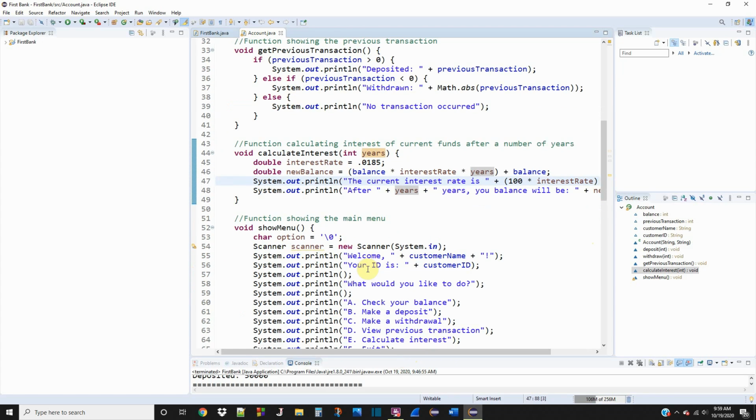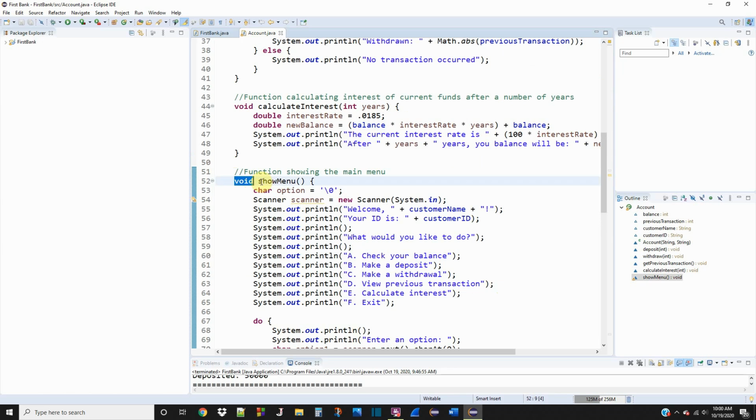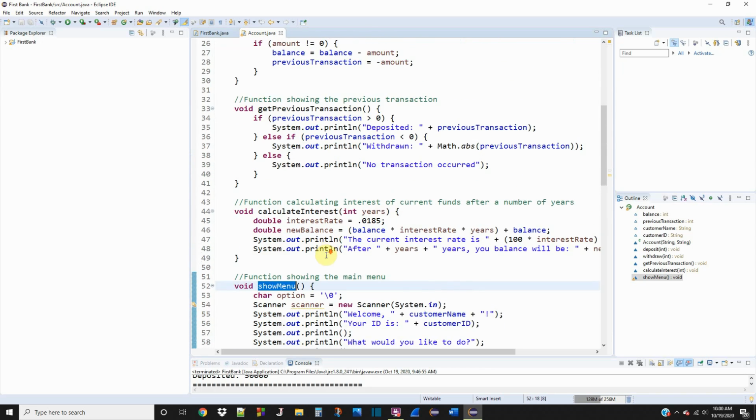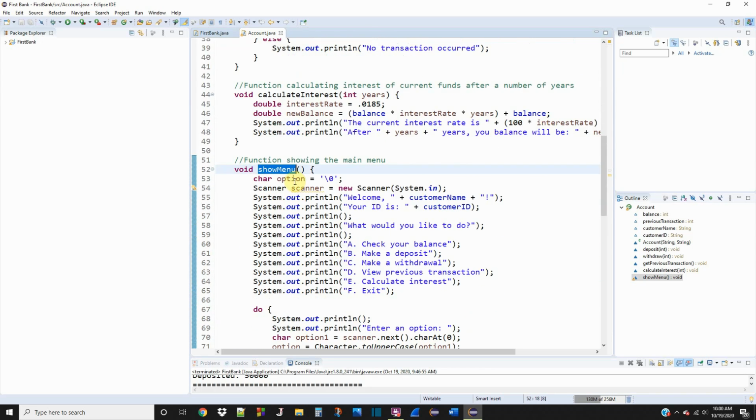And now we have the big boy. This is the function that shows the main menu. In this function show menu, this is going to be like the main function that we're dealing with, and this calls on the other functions that we've built thus far. So in the show menu, the first thing that we're going to do